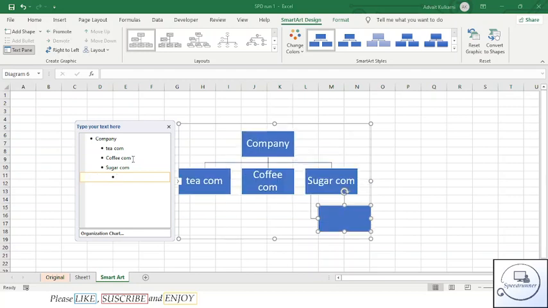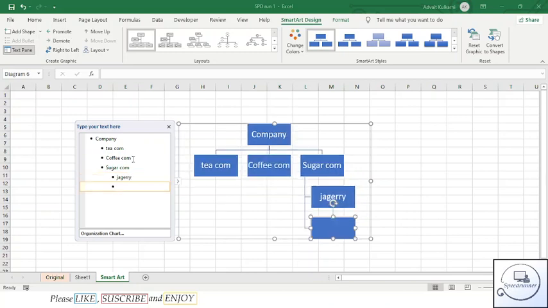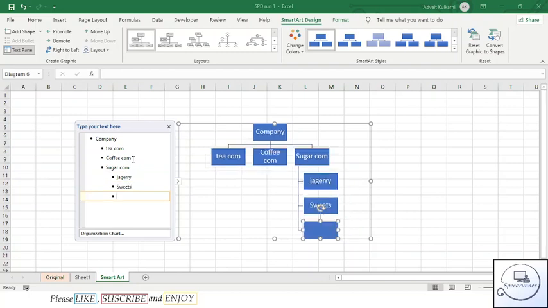Now we want it under the subcategory of sugar. For example, in sugar company, we have jaggery, sweets, and syrup.